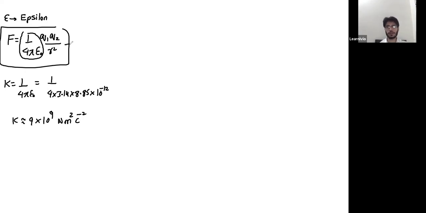But this formula is in SI unit. If you are taking CGS unit, okay, just tell me, what is the CGS unit of mass? SI unit of mass: kg. CGS, gram. CGS unit of mass is gram. What about the SI unit of length? Meter. What about the CGS? Centimeter. Time, SI unit of time, second. CGS unit of time, second. SI unit of force is Newton. What about the CGS unit of force? CGS of force is dyne. It's known as dyne.